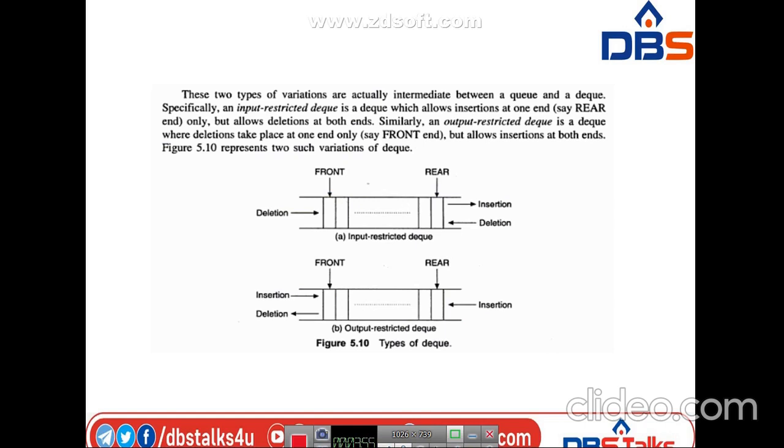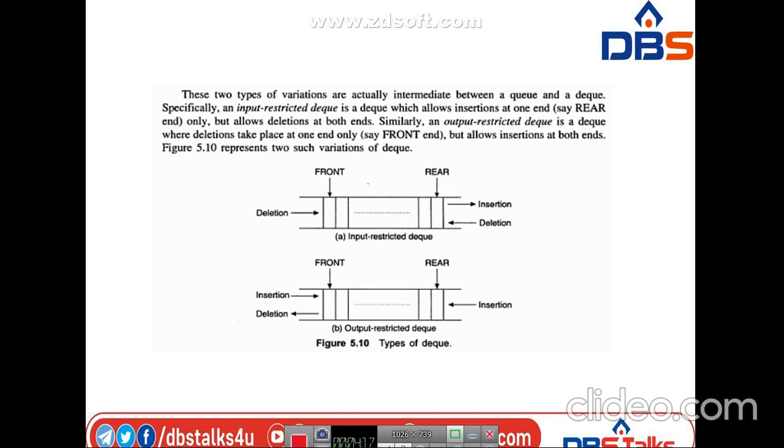In the output restricted DQ, the deletion operation is at the front end only, whereas insertion can be done at both the ends, that is rear and front.